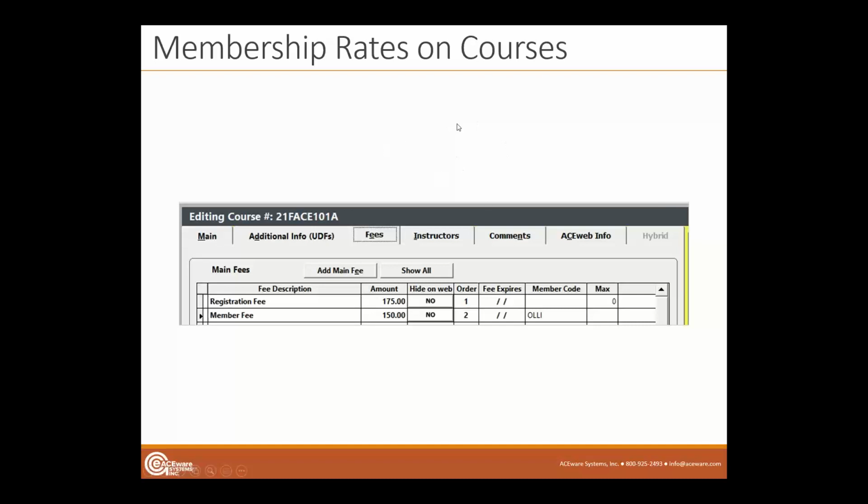So then the membership rates on actual courses. So we had the membership classes. Now we have the courses that are going to give the discount to members. So you have a course set up, and the course is 21 Fall ACE 101A, and that could just be Mastering Student Manager in the fall. And we set up a main fee that's called member fee. It's $150 because it's a little bit of a discount from the registration fee, and their member code must match